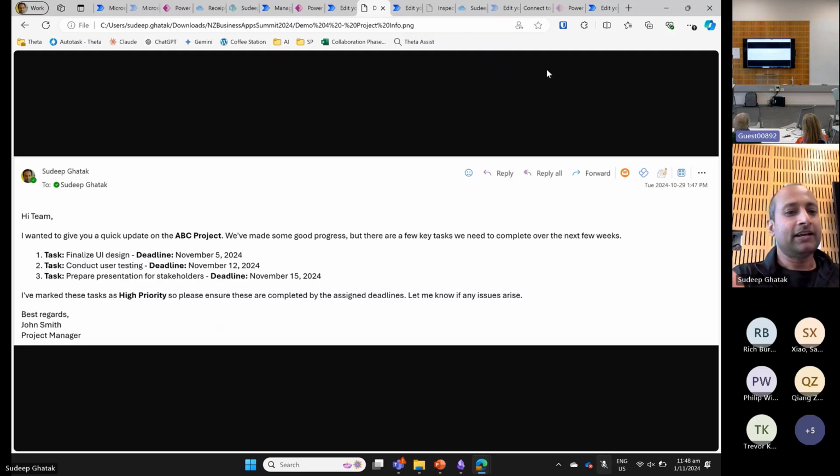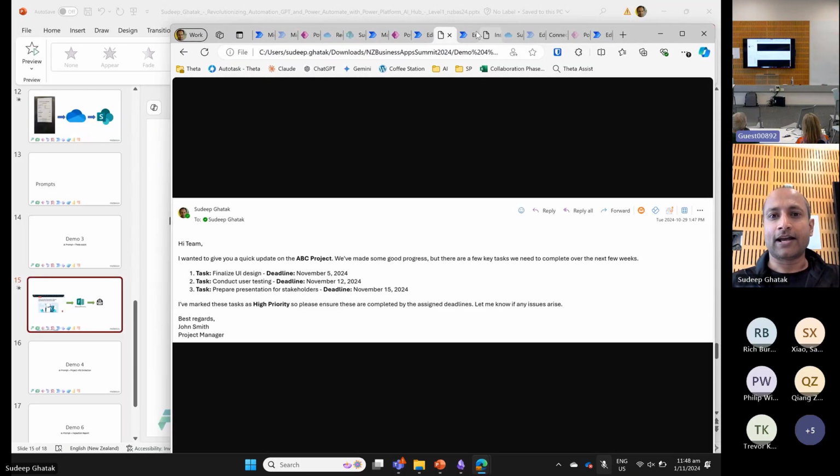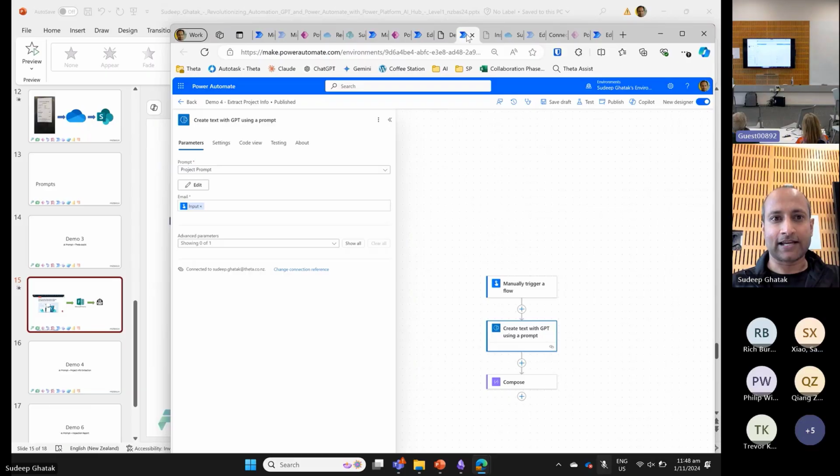But if I'm getting an email from a person, it's very hard for me to create one logic that fits all the cases. But that's what LLMs are for. So in here, as you can see, this is an email that has come from a customer. It depends on what I want to get out of it, right? So what I have done here is I have gone